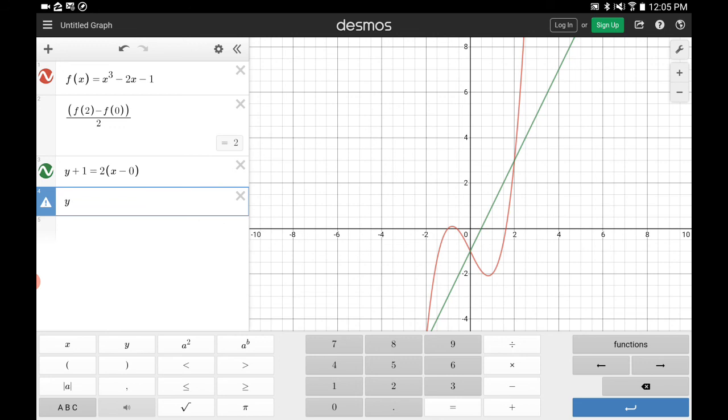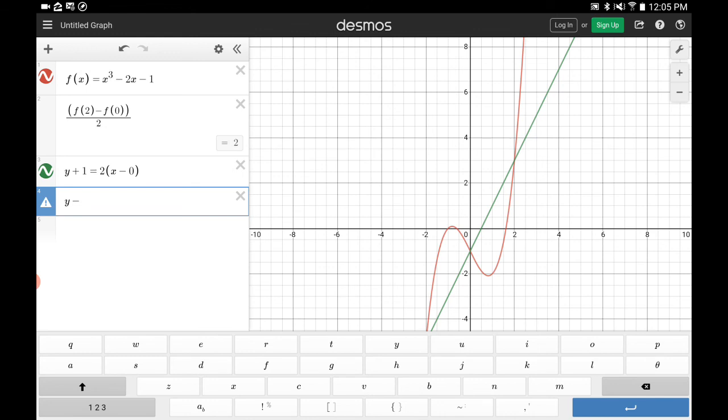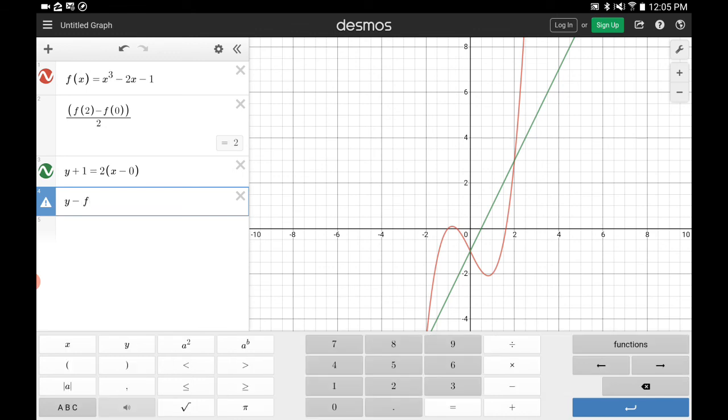I could use the new point, which is y minus f of, and then that x value we found was 1.154, equals, and then the slope that we were making it happen was 2. It's a nice easy number. And then again, x minus x1, point slope, x minus the C value. If we do x minus that point that we found,